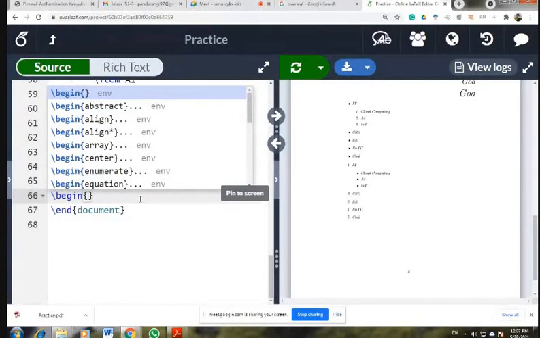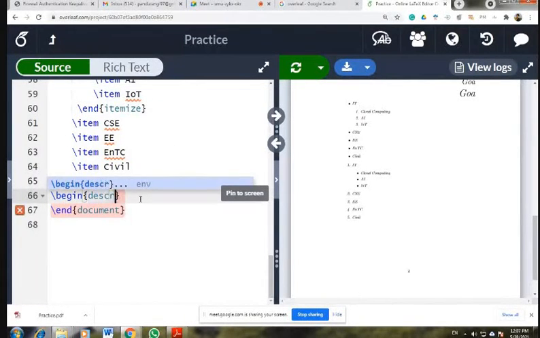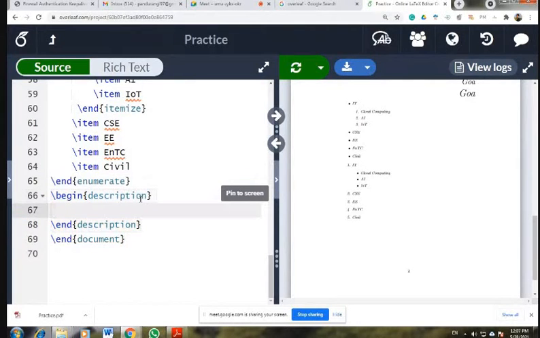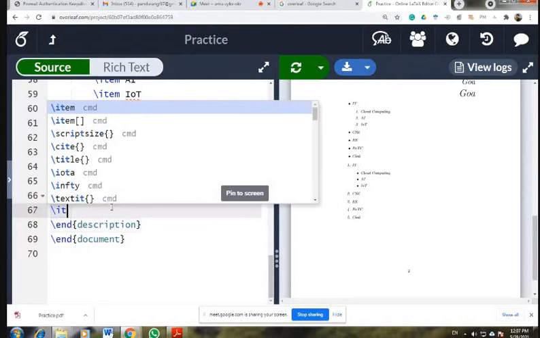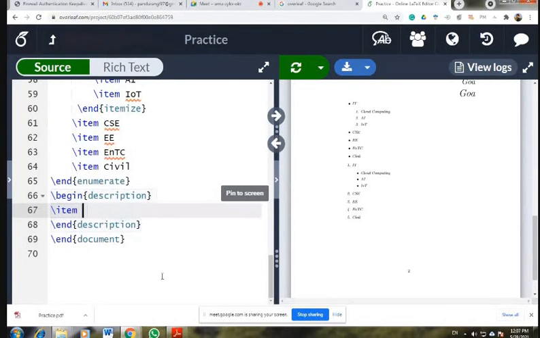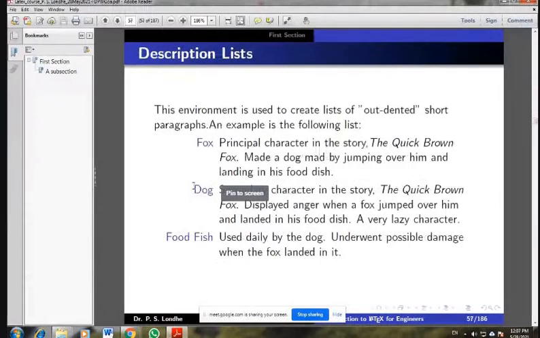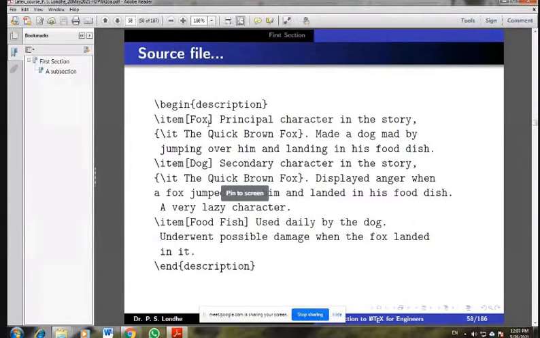Begin description, end description. I will use Atom. For example, I will just copy the text here. For example, the fox.